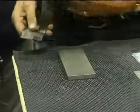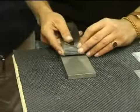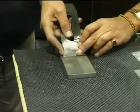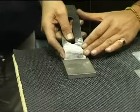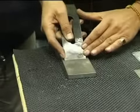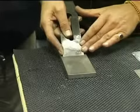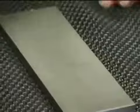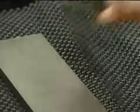Now, remembering it cuts forward and back, if we're coming in from here, it's not too difficult to keep that at a constant angle, just doing that within an inch. And remembering we're doing the bit, you see how much pressure I'm putting on that? You can see what we've taken from there, you've already edged it. Use the length of travel